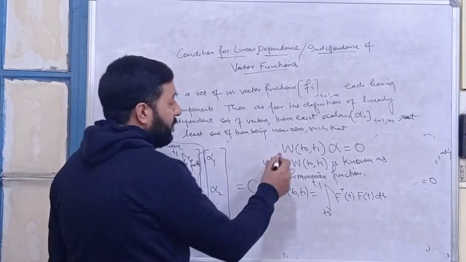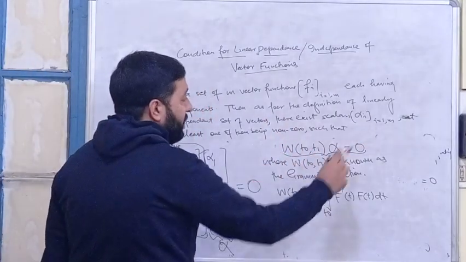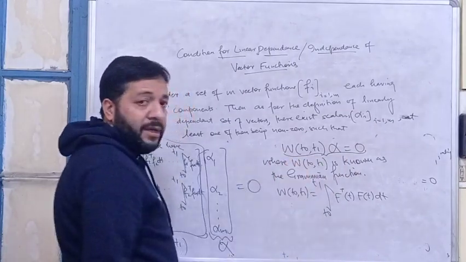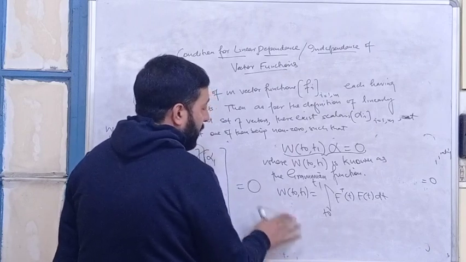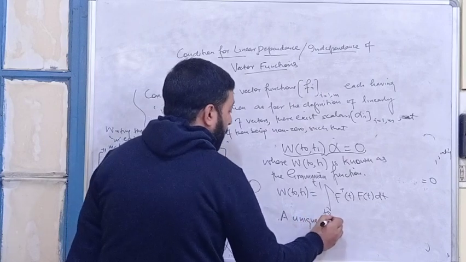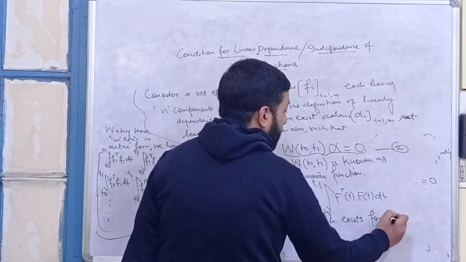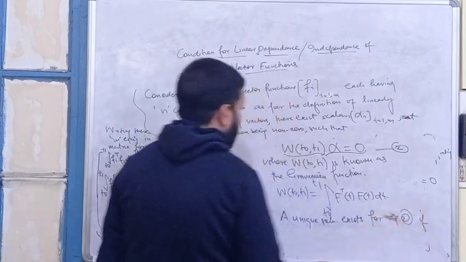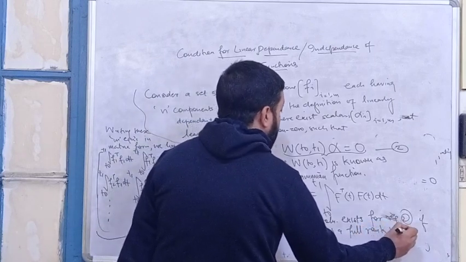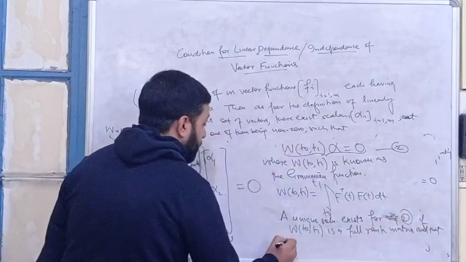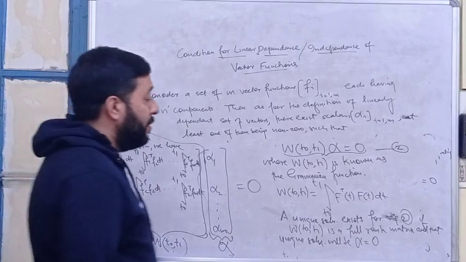Now look at this equation. This matrix is a square matrix. As we saw in the previous case, a unique solution for this equation will exist only when this matrix is a full rank matrix. So if a unique solution exists for equation 2, if W T naught to T1 is a full rank matrix, that unique solution will be alpha equal to 0, which gives the condition for